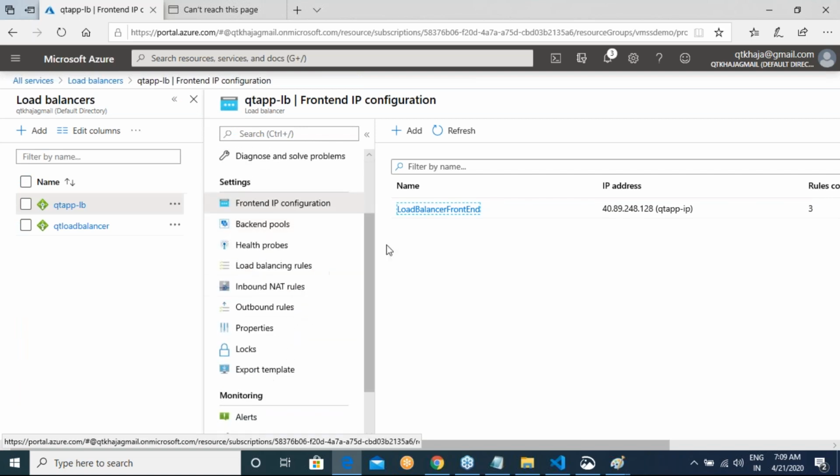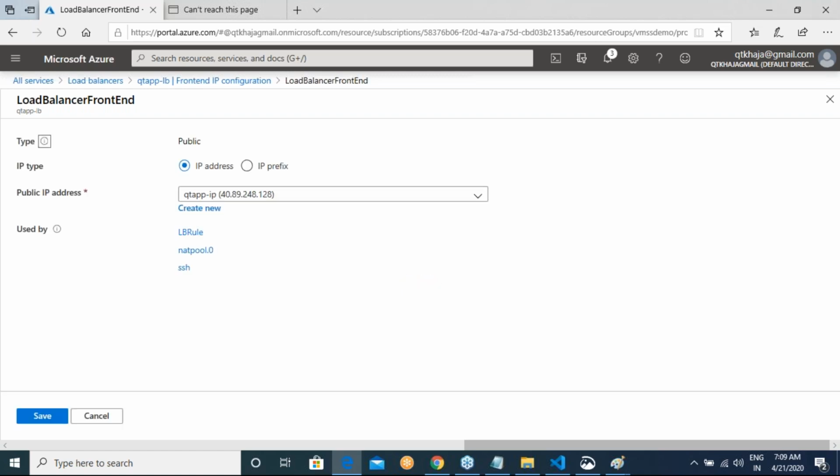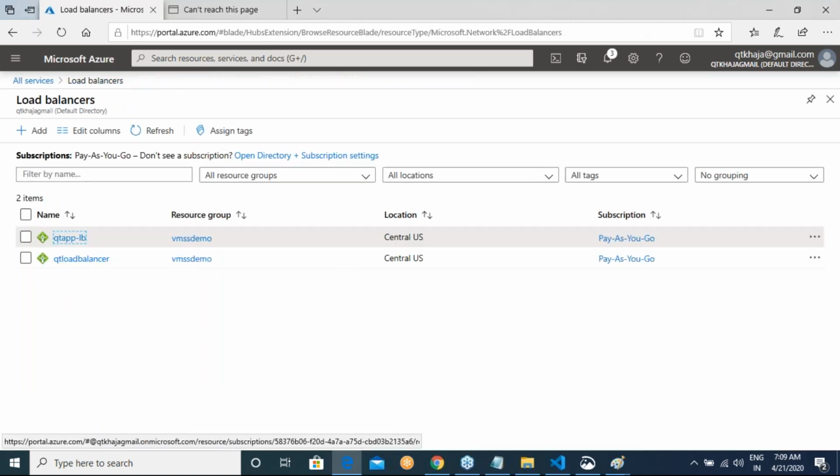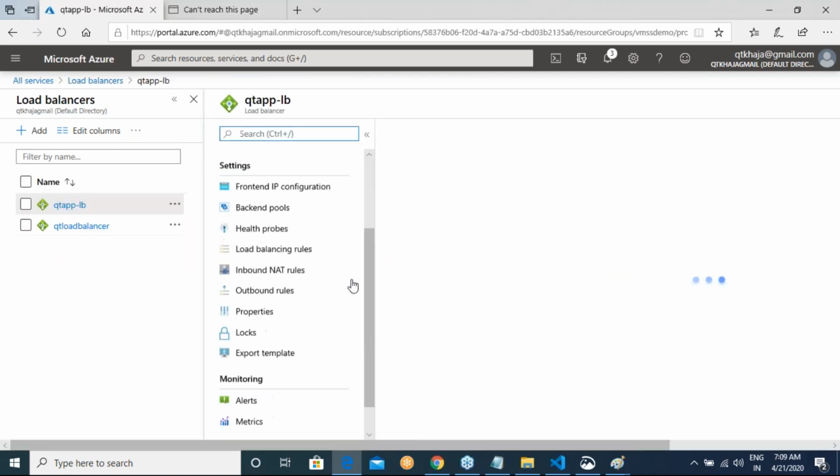You can write similar kinds of rules for port 22 also.